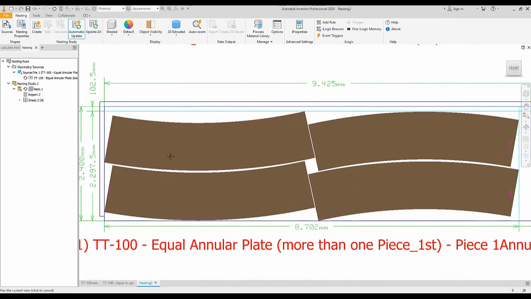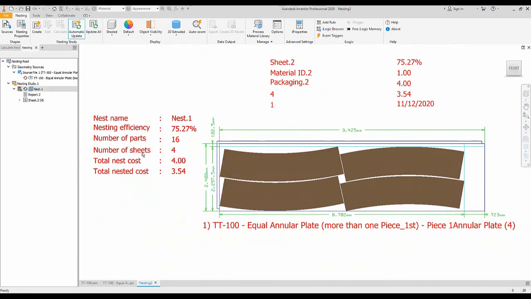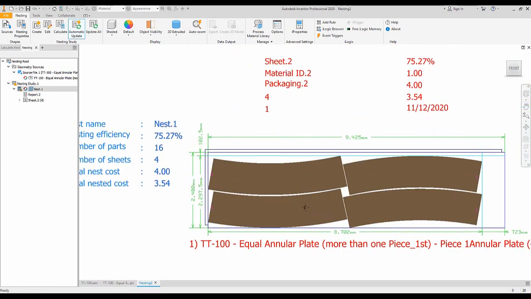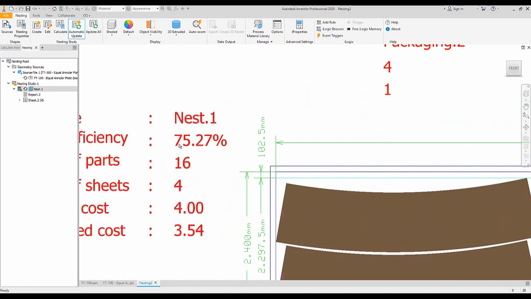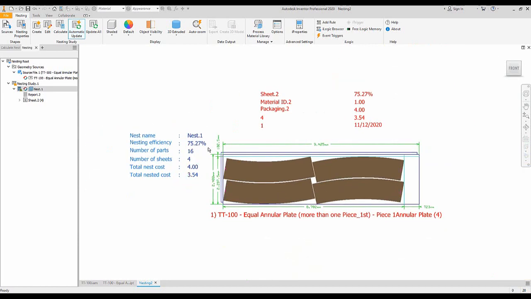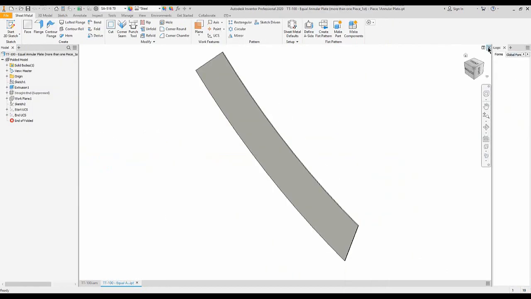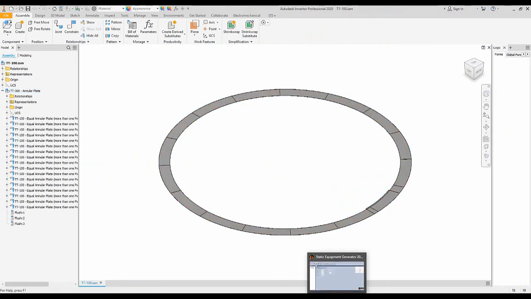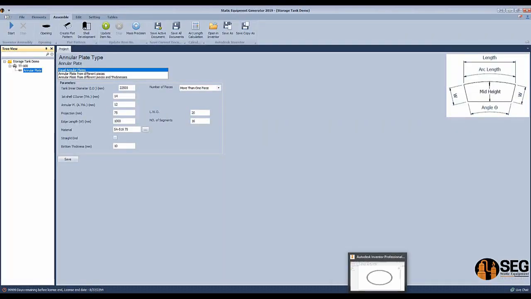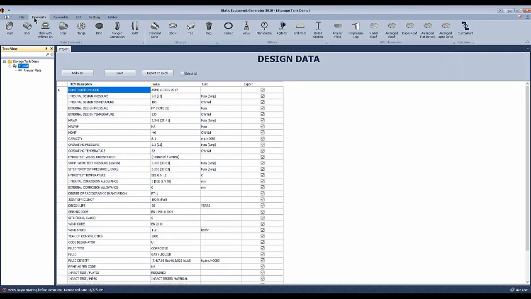And right here you can figure that we will need 4 sheets only after this modification, and the efficiency is increased to 75%. Okay, now let's add the bottom plates. Now we will come back here and add the bottom plates, and from elements we will select the equipment, and